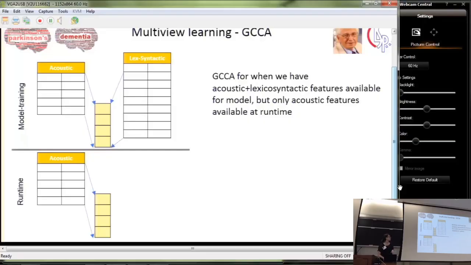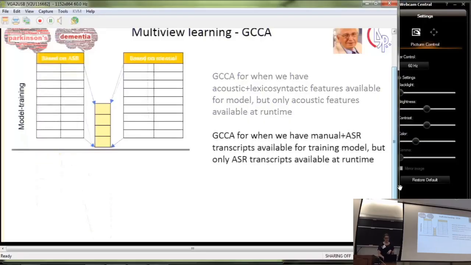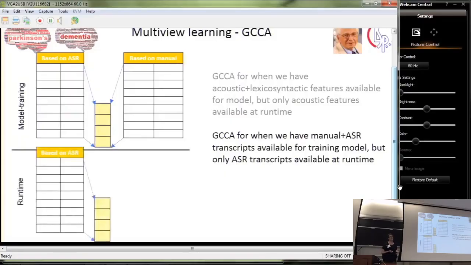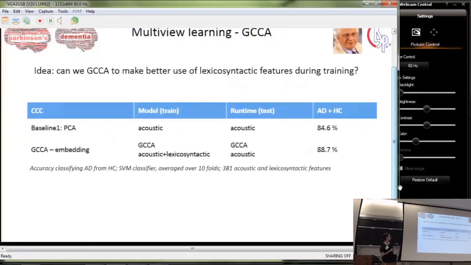I'm going to show you some of our initial results in a minute. Another way we try to use it is, can we somehow make use of the manual transcript during training? Of course, during testing, we will only have access to the ASR, but can we somehow boost the model? Going back to the combination of the features,